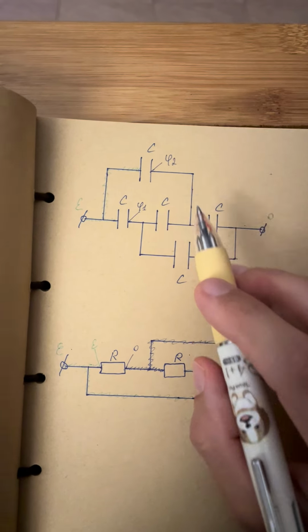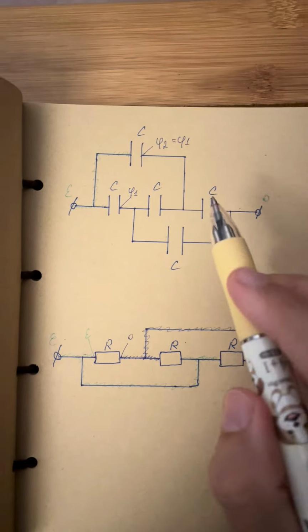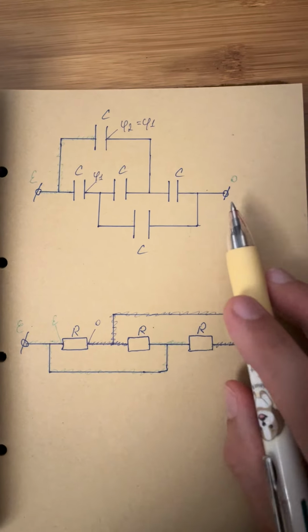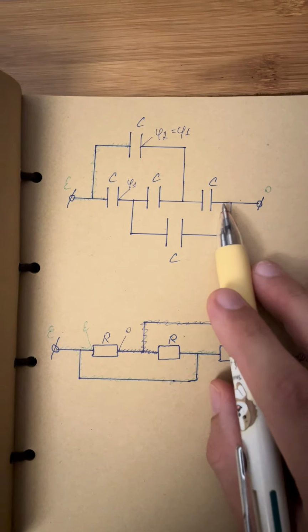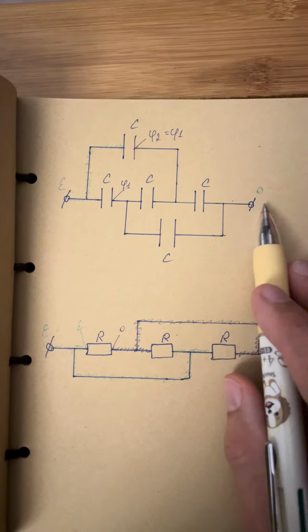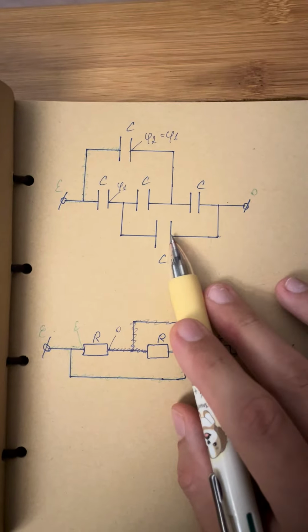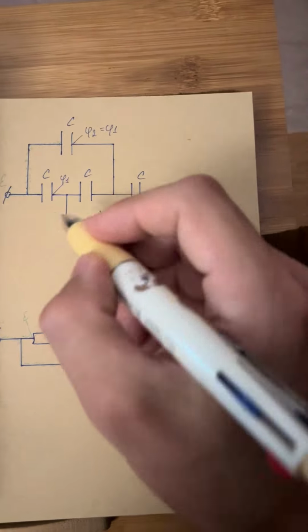And phi 1 and phi 2 are equal to each other. Okay, how about this side? If we go from here, from zero, we will gain potential by the amount of the voltage drop on this capacitor, and here we will gain potential by the amount of the voltage drop on this capacitor as well. So it means that the